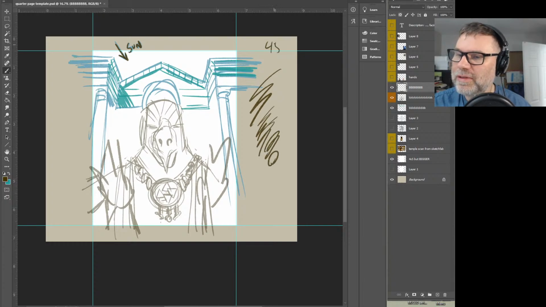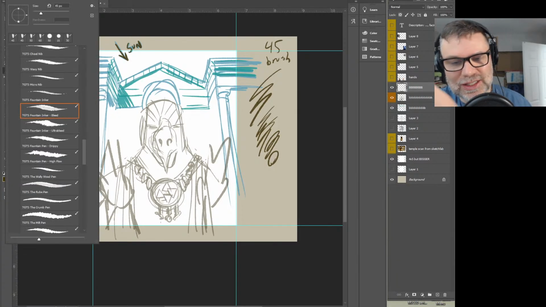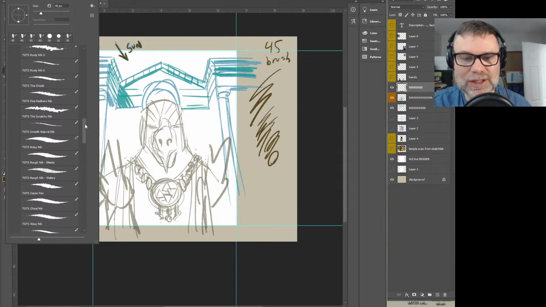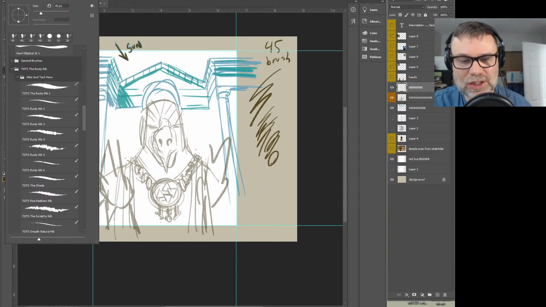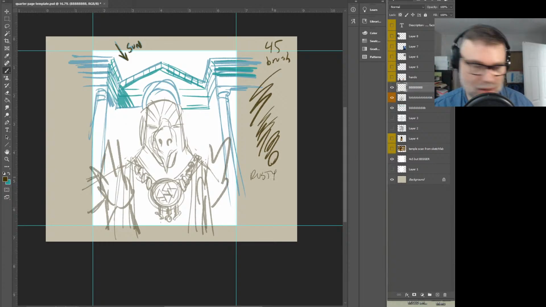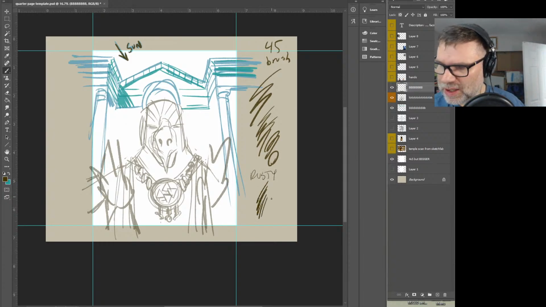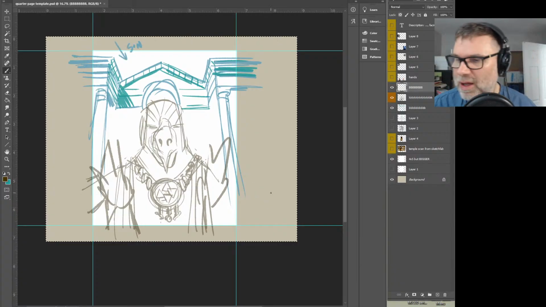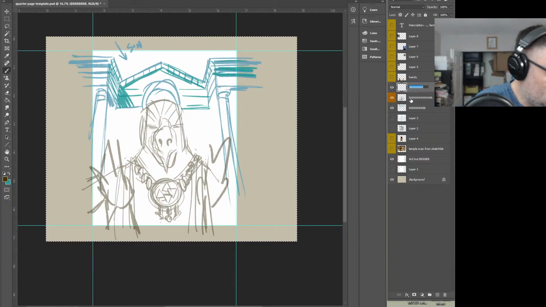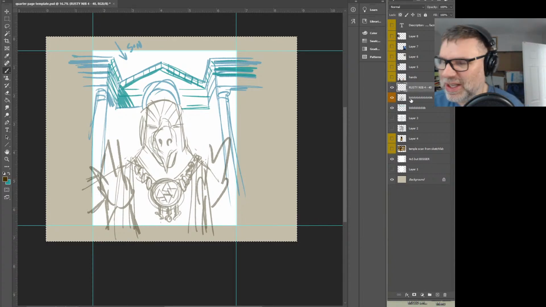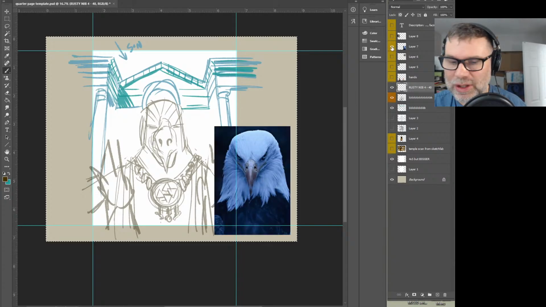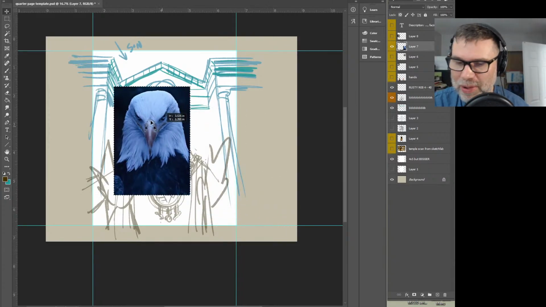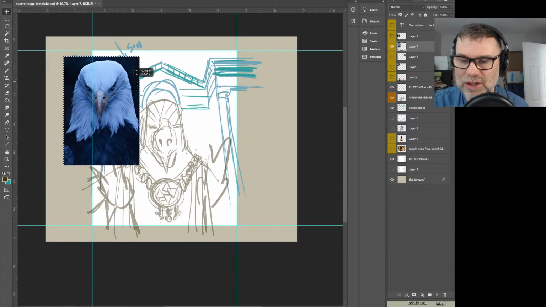245. 45 brush. What brush is this? This is, let's not do the bleed. I haven't done any finals for this job, but let's try Rusty Nib 4. How's that? That might be the way. Okay. Rusty Nib 4. And right now it's 40. We'll see how that works out. Okay. So now, should we go straight to the fun part? Which is our